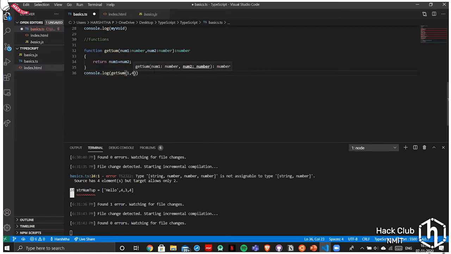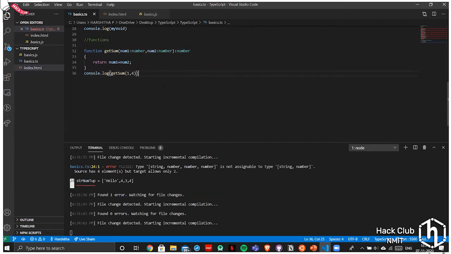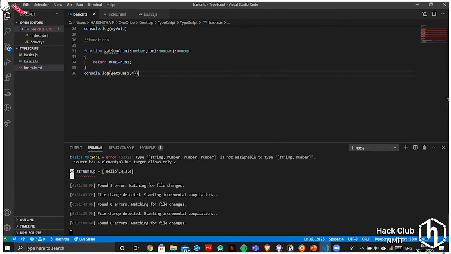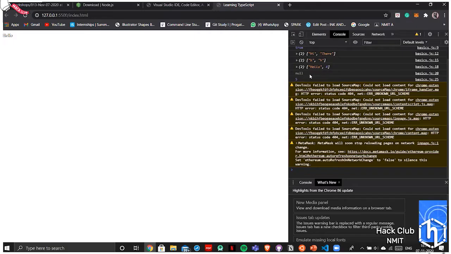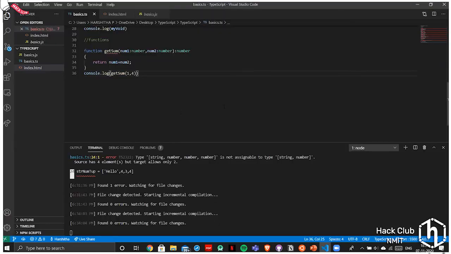So this is just a basic type, and I have included JavaScript and TypeScript here. You can see that, right? There are 0 errors, and yeah, 1 plus 4 is 5.